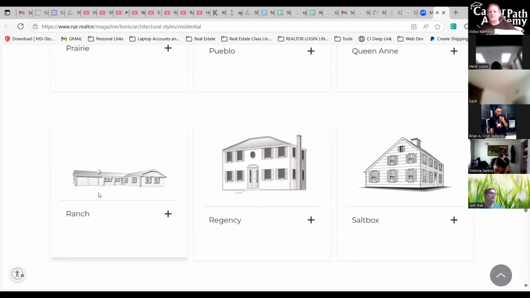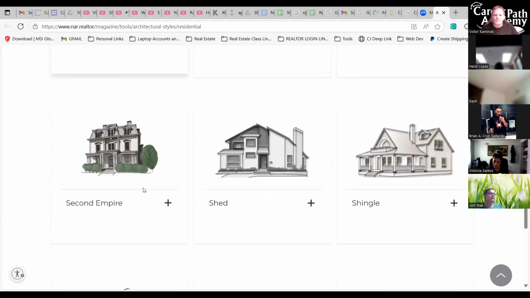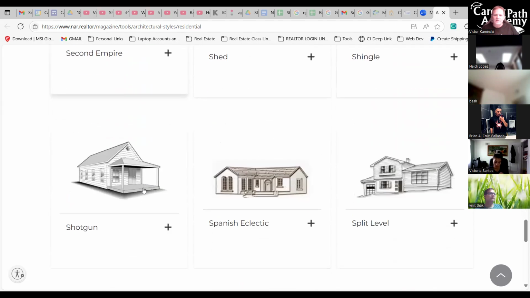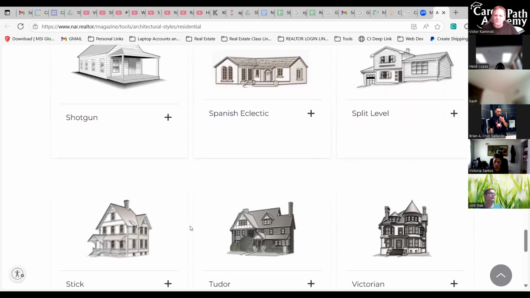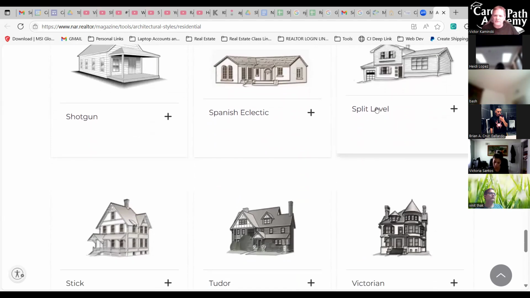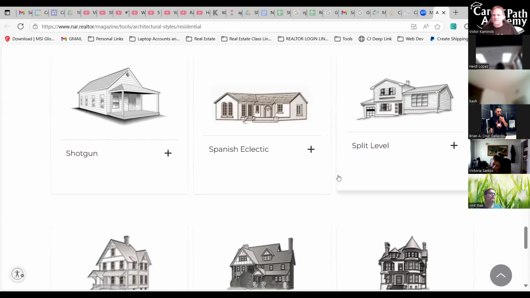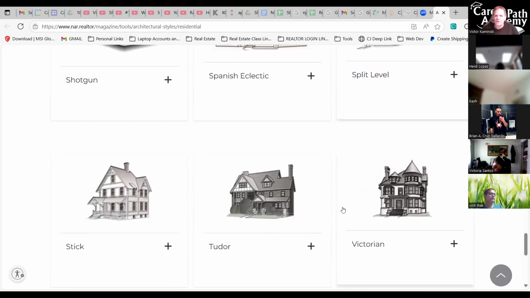Ranches. A ranch requires a larger lot to have a ranch style house because they're single floored units. They could have basements with them, but they're single floor units. So these are great for people who have trouble climbing stairs. Okay, so these are some of the basic architectural styles. Split levels, they're very common here in New Jersey as well. There's a lot of stairs in them, like just a couple of steps at each level of the house you go into. Each room you go to, sometimes there's steps that you got to go up or down.